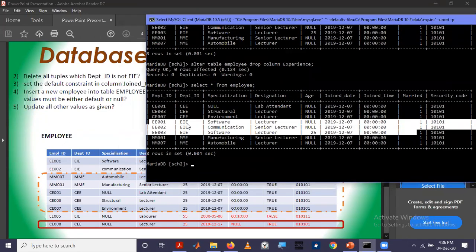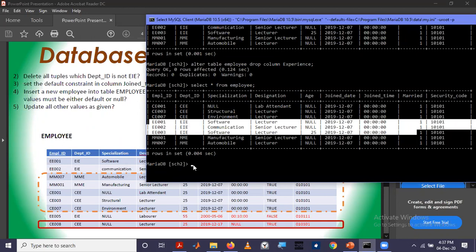Or in other terms, we can use this department ID to identify these three tuples, because EI is common to these three. We can delete all rows which department ID is not equal to EI. So we have to convert it into a SQL statement.